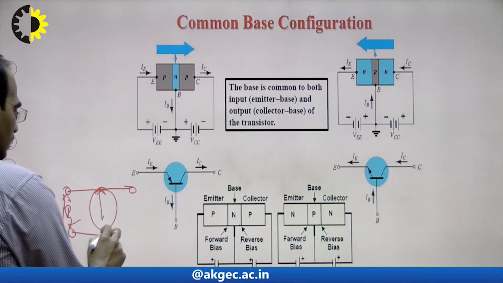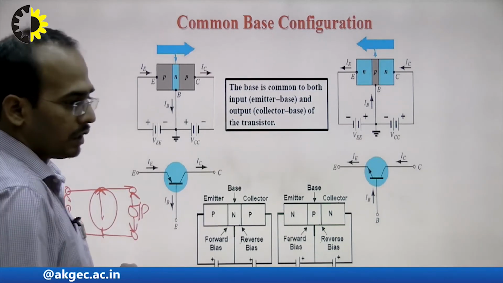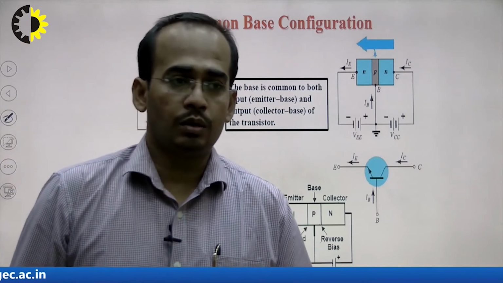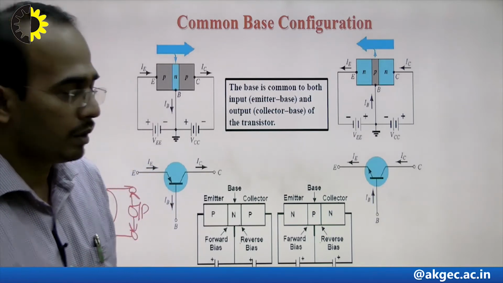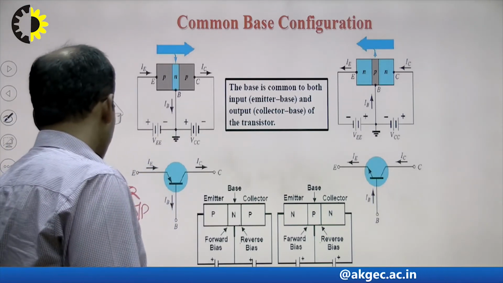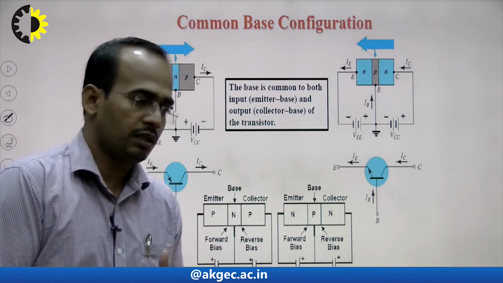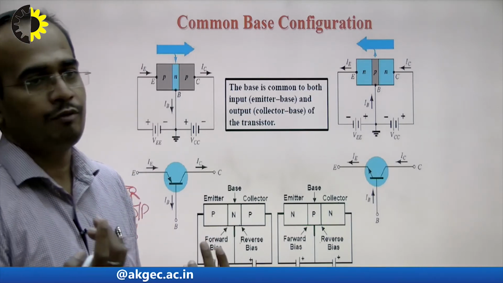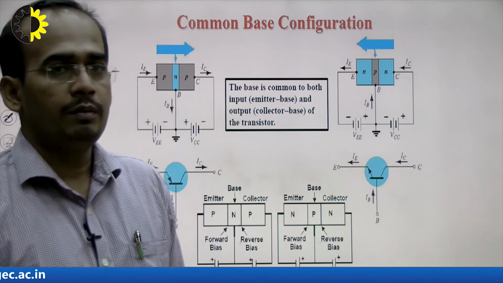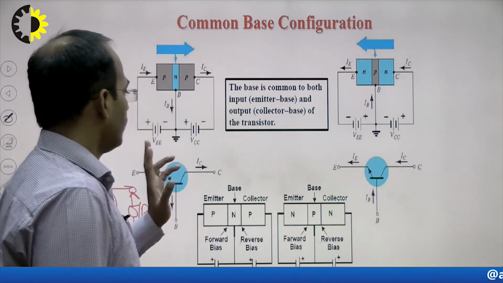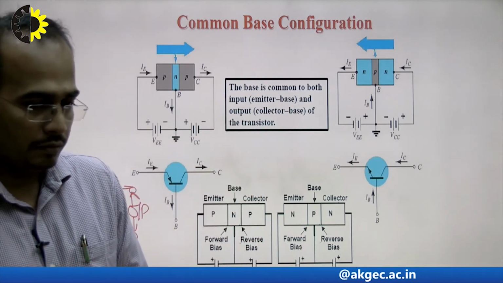Whatever circuit I am using here requires two terminals for output. For the input and output terminals, in the BJT we are using only 3 terminals. So, for giving the input to the circuit between 2 terminals and for taking the output between 2 terminals, we have to make one terminal of the bipolar junction transistor common. By making one terminal common, we have 3 configurations because the BJT has 3 terminals.